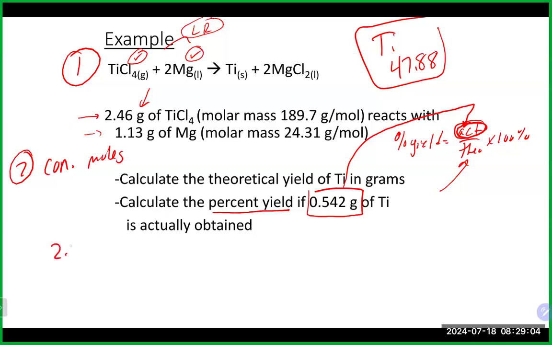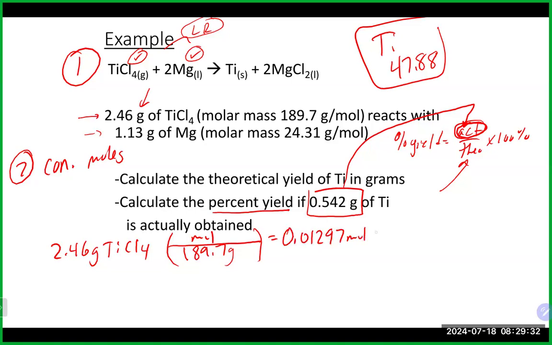We'll take 2.46 grams of TiCl4. Again, they were nice enough to give us the molar mass, but if they didn't, you would go to the periodic table, add everybody up and get it. And that will give us our moles of this, which is 2.46 divided by 189.7. Looks like 0.01297 moles of